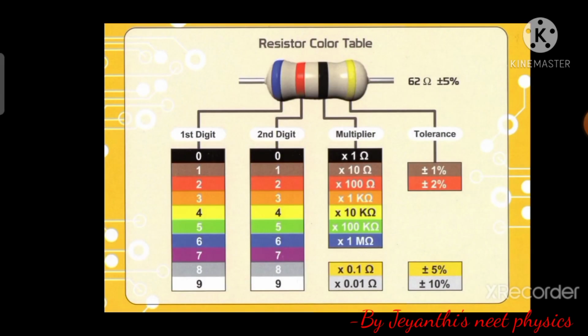The next one is another example of a carbon resistor. Here also we can easily determine the value of the resistance. Now observe the diagram carefully. First of all, a blue colored ring is there. For blue color the number is 6. Then for red color the number is 2, that is, the second digit is red. Then the third one is black. The value for black is 0. So totally the resistance value is 62 ohm. For the gold ring the tolerance is 5%. So the total resistance value is 62 ohm plus or minus 5%.